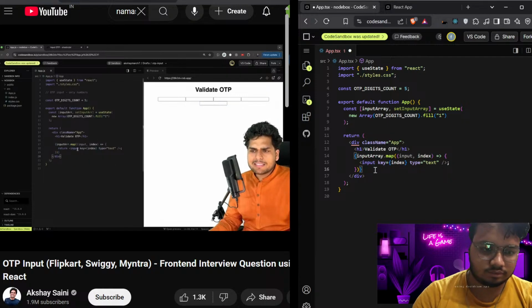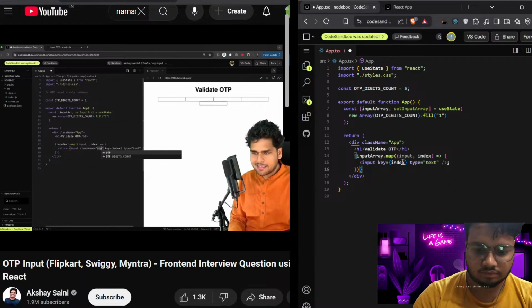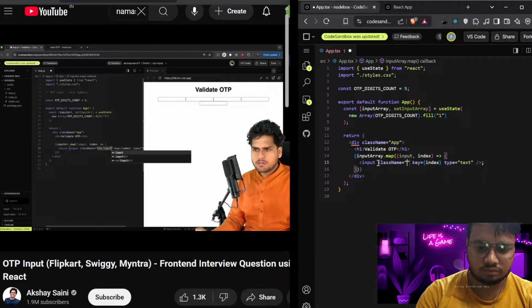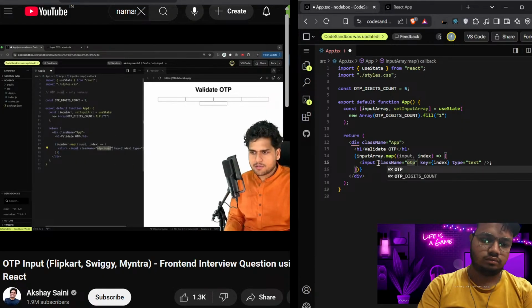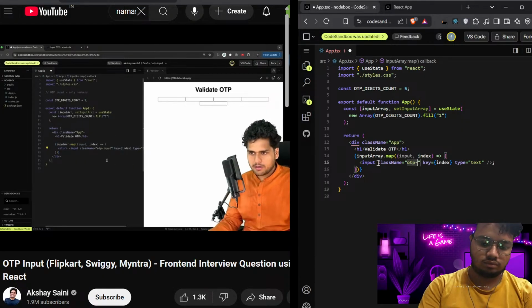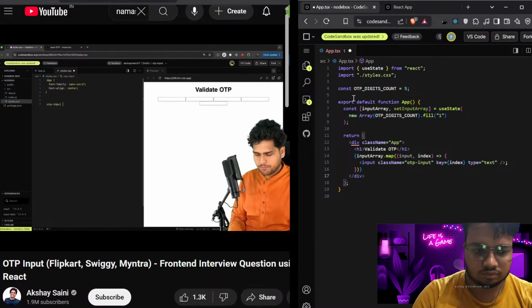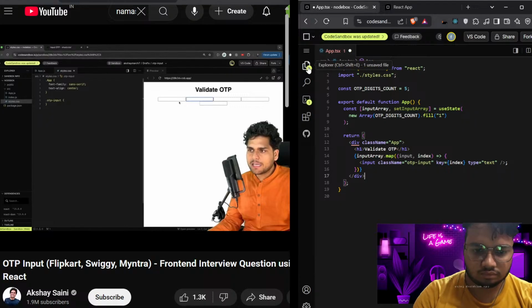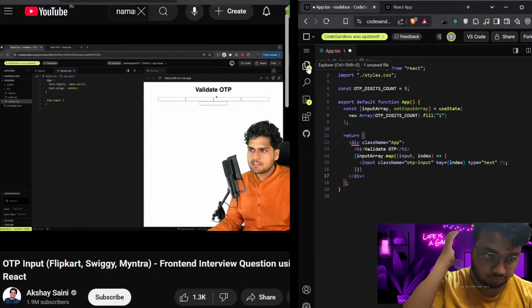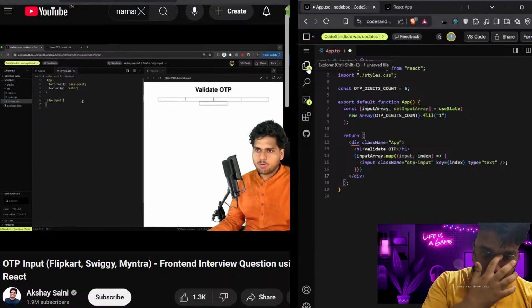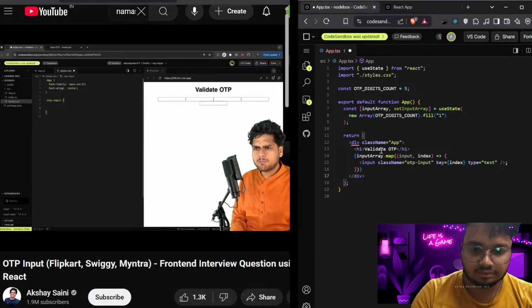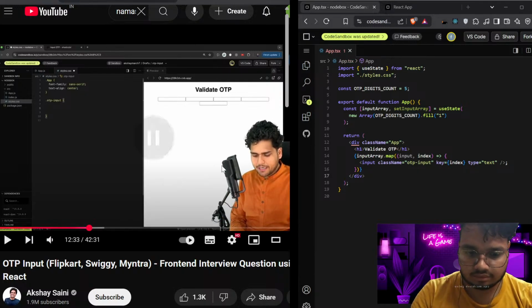Now, what we can do is let us also quickly add some CSS. For that, let me add a class and let's call this as OTP input, right? And let's add some CSS over here because why not, right? Let's add some CSS to make it look a little better. OTP input. Now what I'll do is let's first of all make it something like this, right? So basically these are looking ugly. So how do I make it? Let's give it some, maybe first of all, let's give it height and